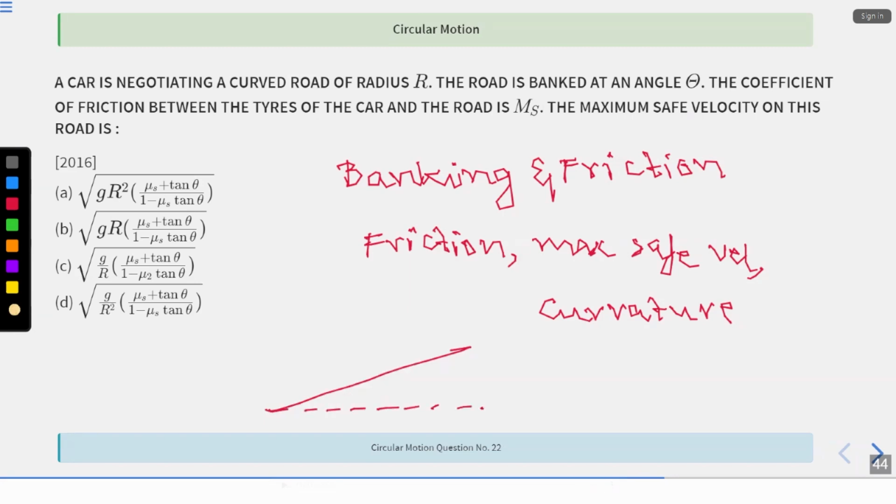So what they're telling is the road is banked at an angle of theta. This is theta, okay? And then a car is negotiating a curved road, okay? So this could probably be curving over here, so that the radius is r. And then the coefficient of friction is equal to mu s, right? So we'll approach this like